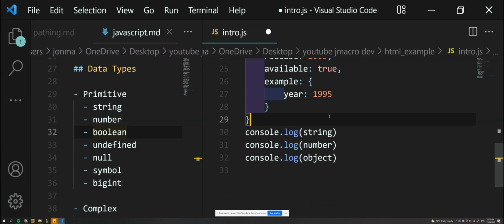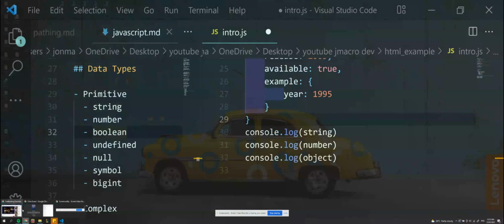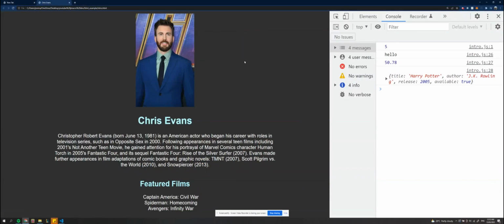All right, and just to visualize what we've done, I've console logged string, number, and object. So in our web page here, you can see in the console, this was the original 5 we